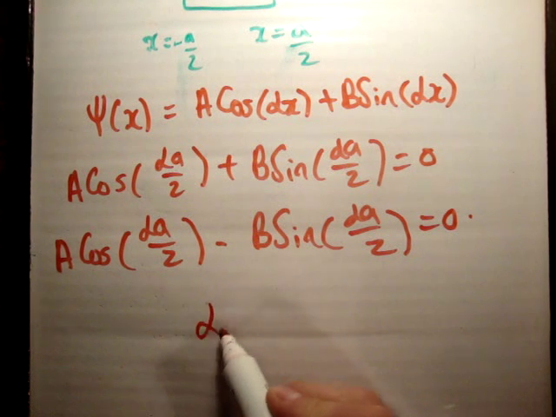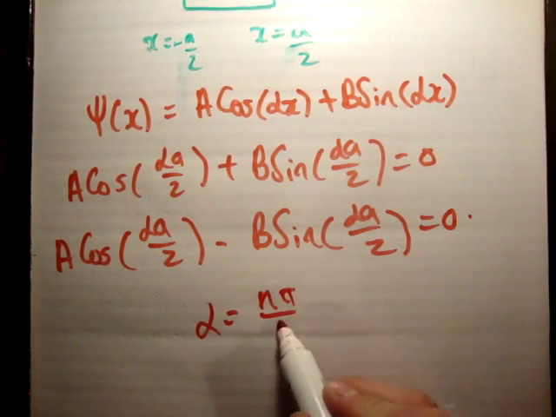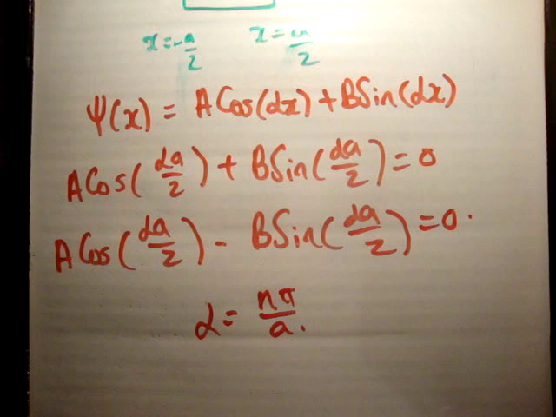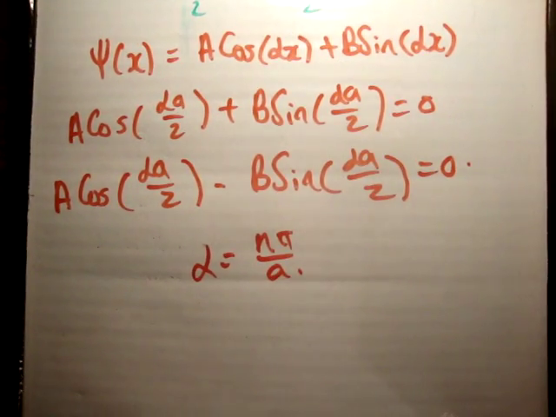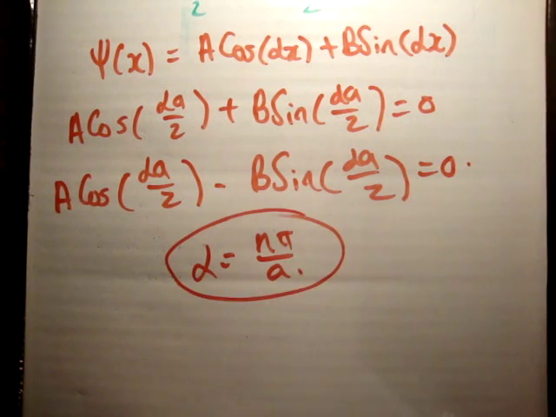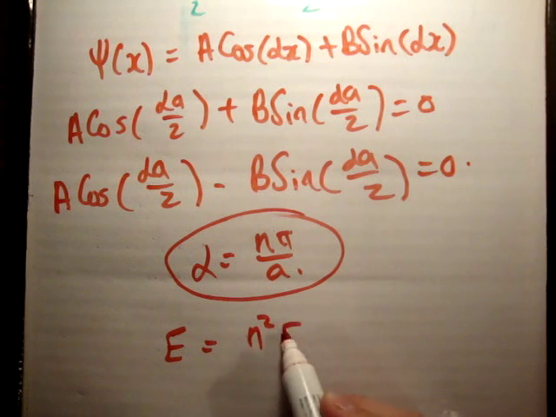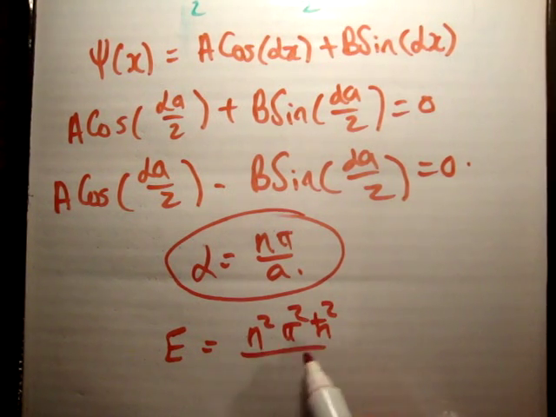And what you'll find as a result is that alpha is equal to n pi over a. And we're going to get solutions which are both cosine solutions and sine solutions. So that's what I have so far. And the energy level values are going to be equal to n squared, pi squared, h bar squared over 2ma